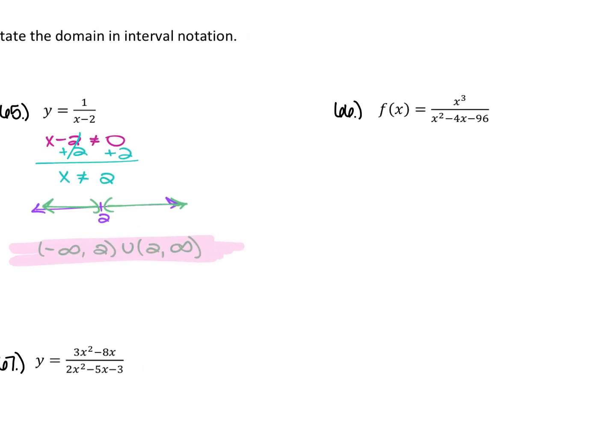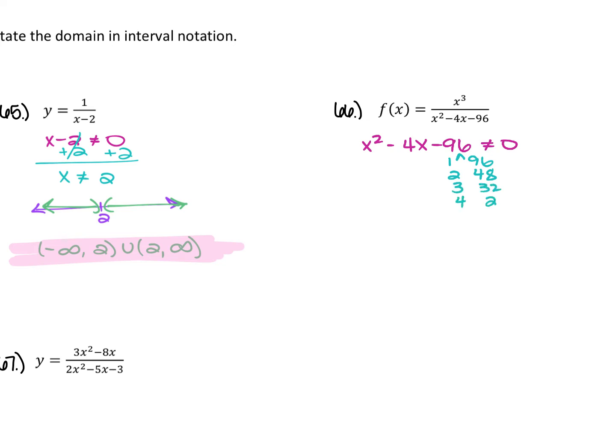For 66, we have f of x is equal to x cubed over x squared minus 4x minus 96. We're going to take that x squared minus 4x minus 96, set it not equal to 0, and then solve. You can either factor this or use your quadratic formula, whichever you choose. You can also use the completing the square method. Totally up to you. With this, your 96 has factors of 1 and 96, 2 and 48, 3 and 32,